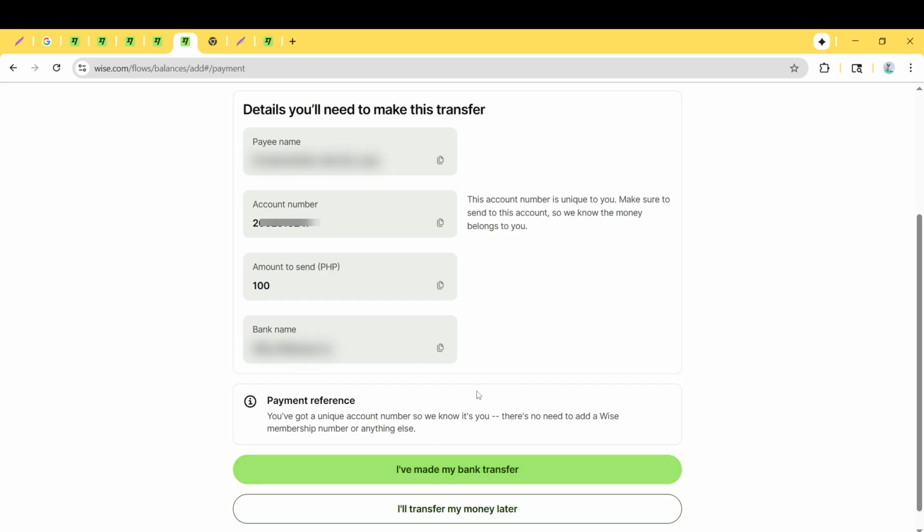Remember to double-check your entries and review the details before finalizing the transaction. By taking a moment to verify each step, you can ensure your money is transferred successfully and arrives where it needs to